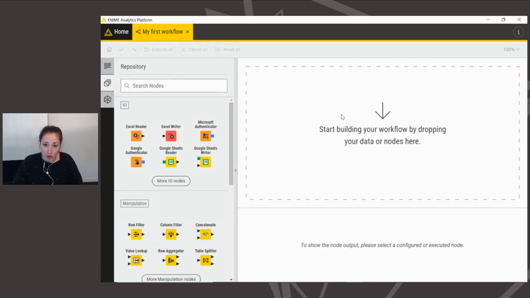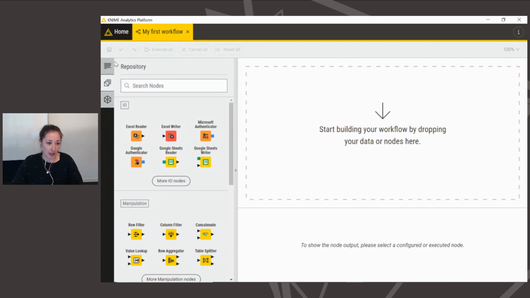So to quickly recall what Scott mentioned earlier is that in KNIME Analytics Platform, a workflow consists of multiple individual nodes that are connected with each other. And we can start by adding a node to the workflow. And I would suggest, since it's a new workflow, how about we're reading in an Excel file, and I will demo you that. So if you have a look here on the left,